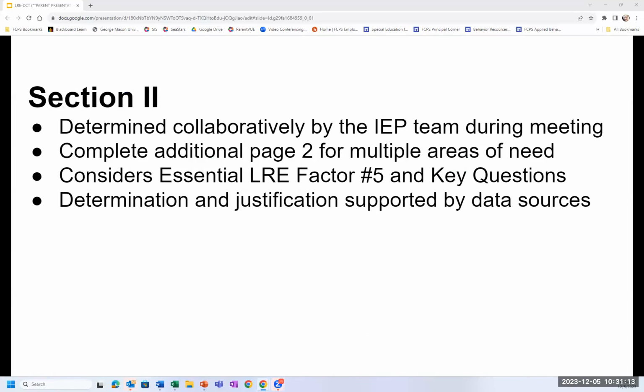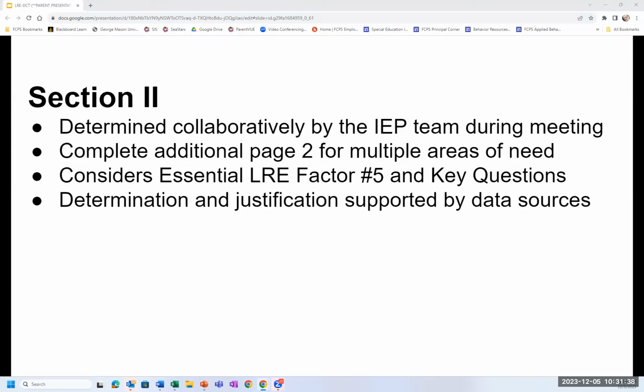So next, we're going to take a look at section 2. And remember, section 2 is completed during the IEP meeting with the IEP team. The additional page 2 can be copied for multiple areas of need, recognizing that some students with disabilities have more than one area of need.